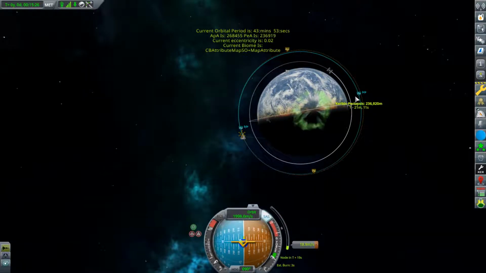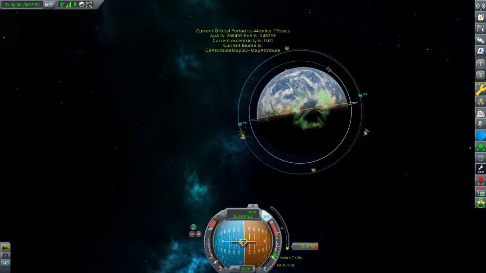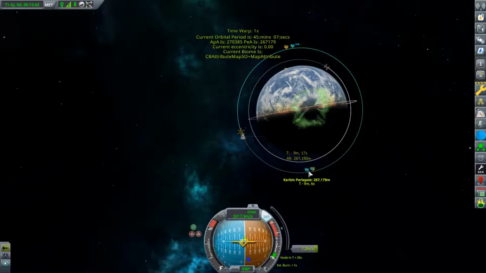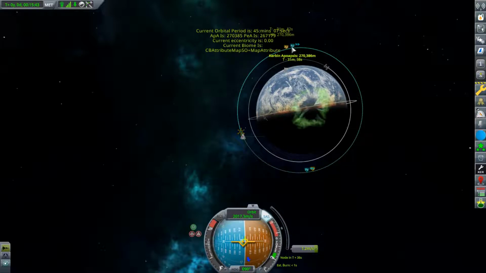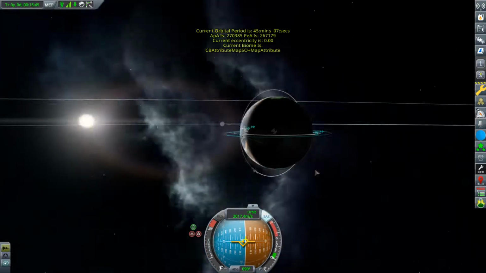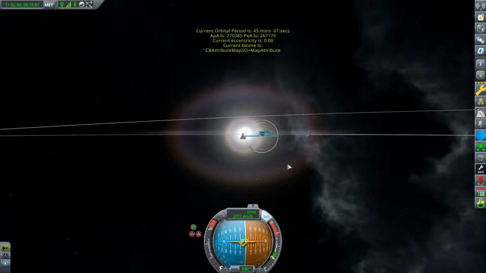Alright, slow down a little bit, and we'll cut the engines here shortly. Right about now. So 267, 270. I'll take it. Alright. We're in a very high orbit. And I think we'll change our...